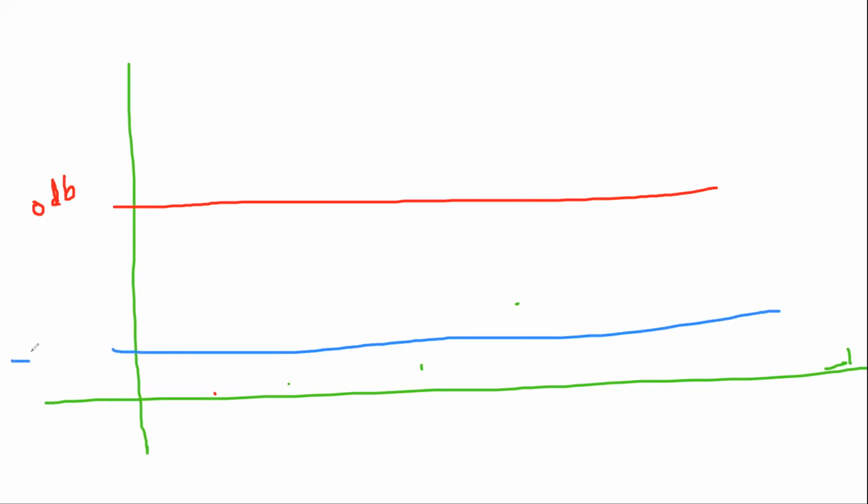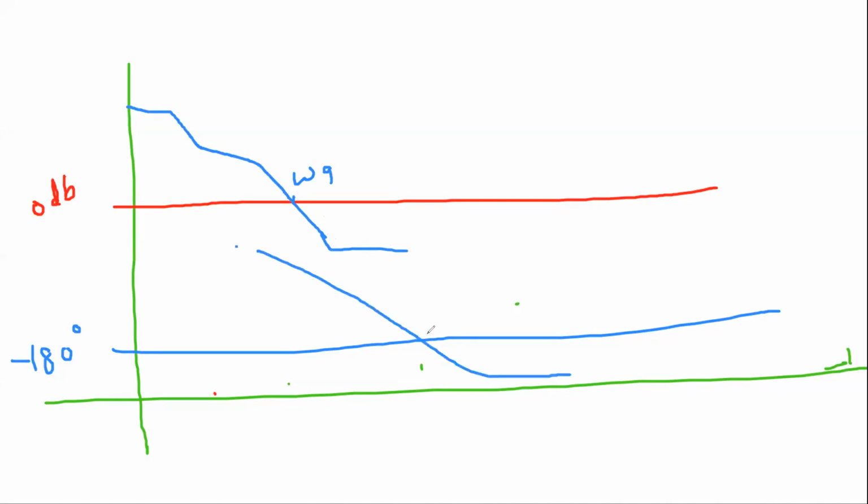These two are important in your phase plot and magnitude plot. So these two lines should be highlighted, okay? Let me say now you have your phase crossover frequency greater than the gain crossover frequency. Let me say you have your plot something like this. So this is your omega g. Your omega p is greater than that, right? Let me say you have your phase plot something like this. So this is your omega p, okay? I don't know what its value is, but you have this omega p.